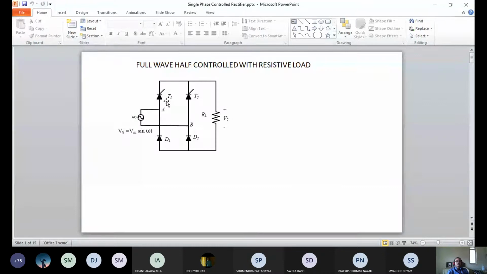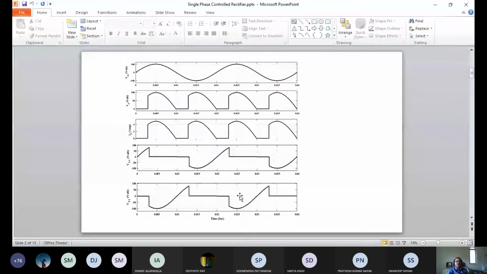This requires only that the forward current fall below the holding current or reach the holding current. Here the holding current is 0. So when this is conducting, this voltage will appear positive, negative. At pi, this is off. Current 0 means this is off. All switches are off, so voltage remains 0 for some time till at pi plus alpha T2 is triggered.